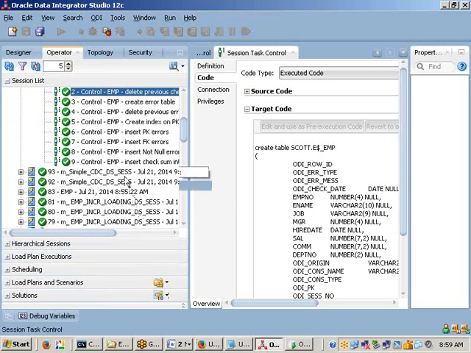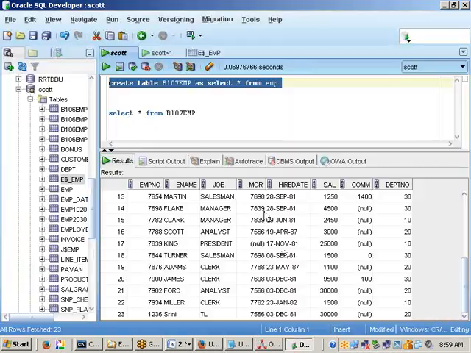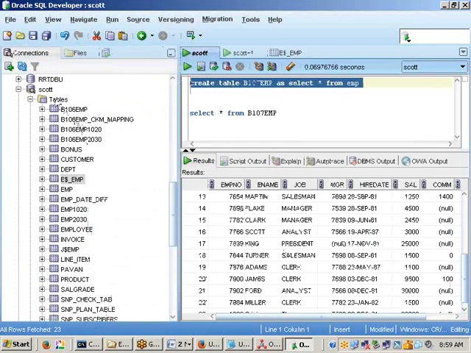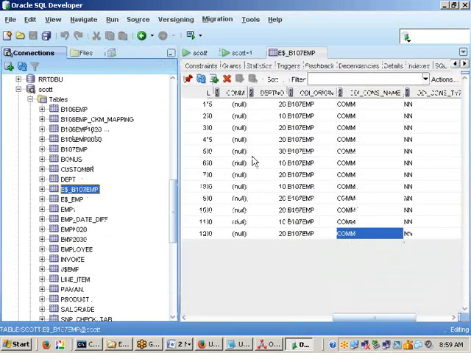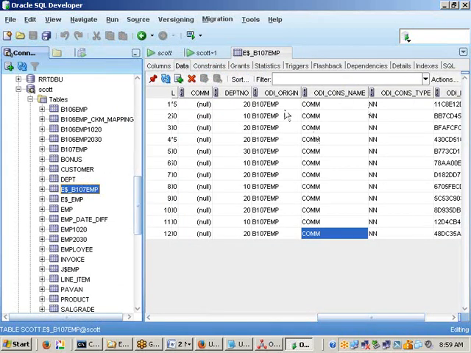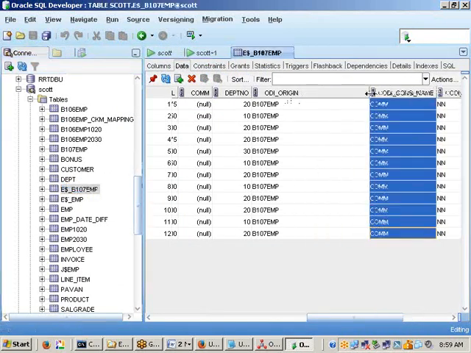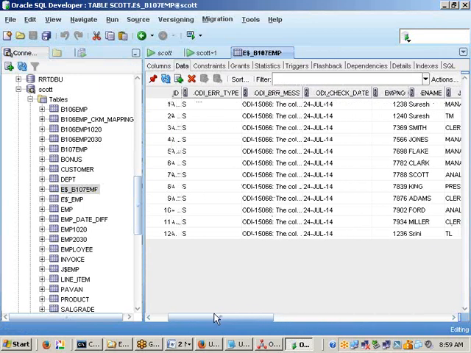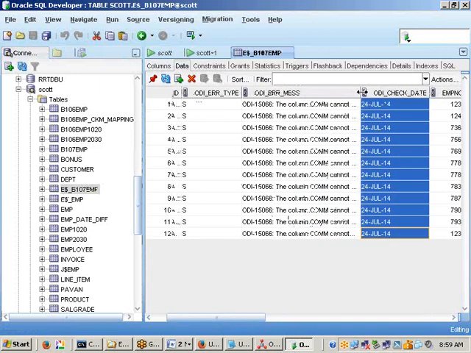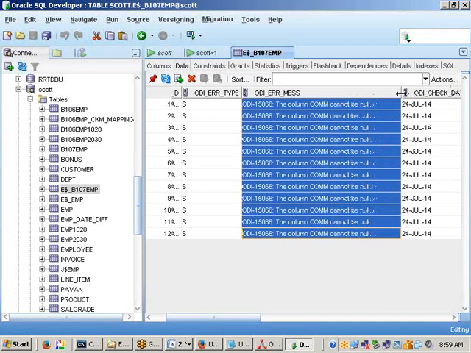Now if you go to your source database, right click on the tables and refresh, we are seeing E$_B107_EMP. These came because of the error. The origin is the B107 EMP table, and we can see the error message: ODI, the column cannot be null.